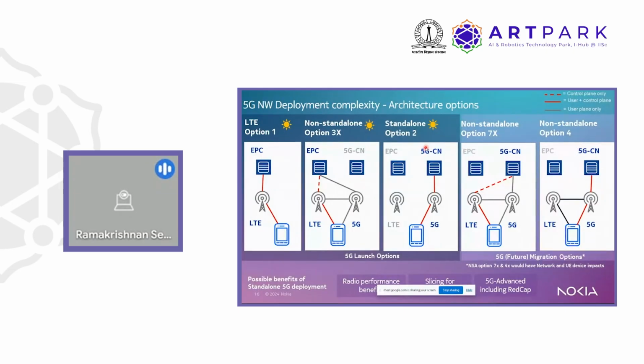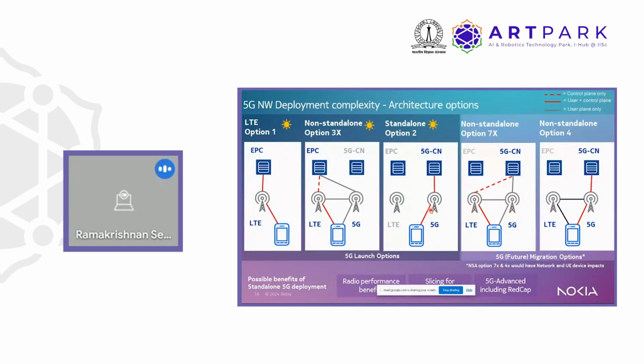For a 5G standalone option, they already have this. Like, say for instance, you have Reliance Jio, then they already have a core network. They have a 5G infrastructure. If they want to migrate from their existing EPC, they could also go from 2 to 7X if they need to, or they could also maintain these as separate layers.